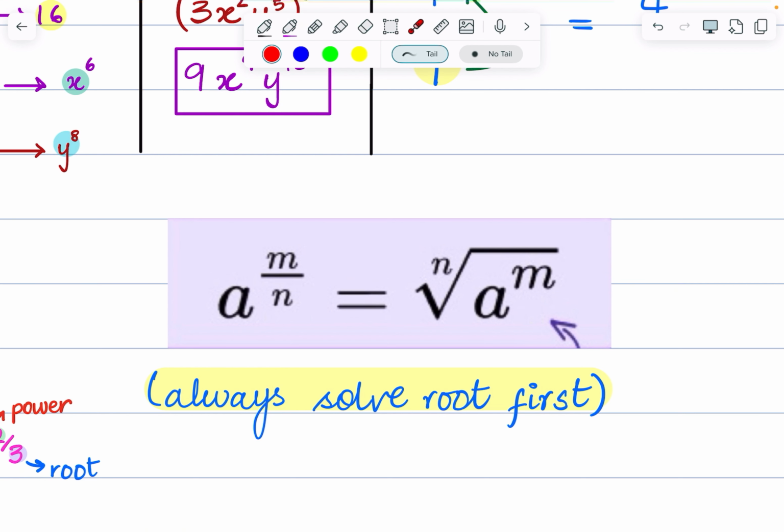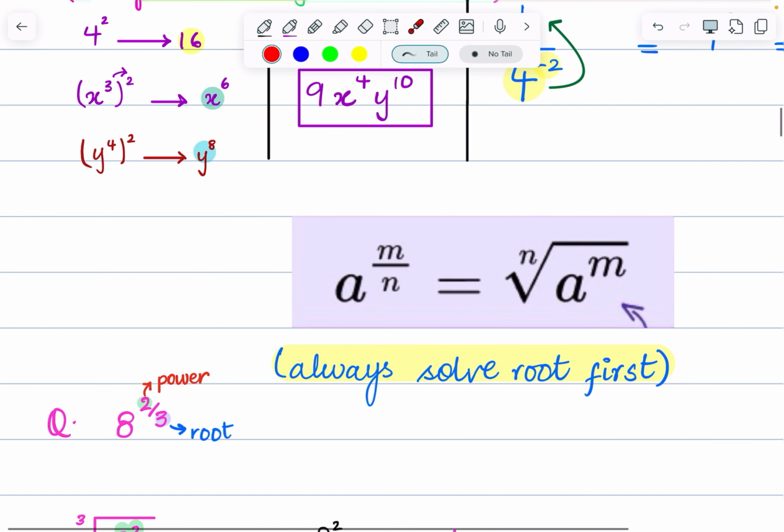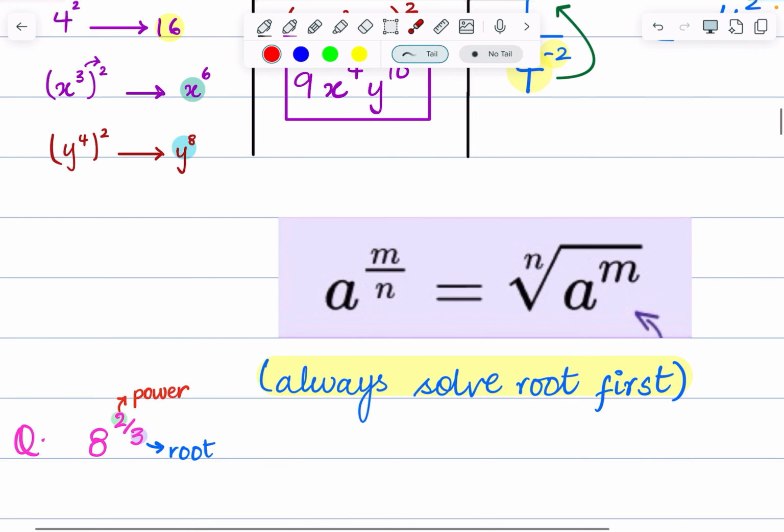This is the last one. Okay, very important, very easy, is that when you have a power as a fraction, once again, you're not allowed to use a calculator, so you don't know what 8 to the power 2 over 3 is. Nobody knows. I don't even know. Without this rule, I don't even know how to solve. The law is that the denominator of your power, whatever your fractional power is, will become the root, cube root, square root, and the numerator of the power will become the power of the number inside.